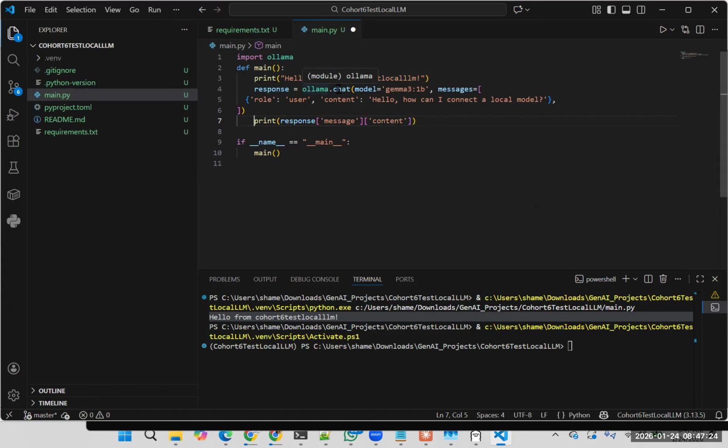So ollama.chat, model name, I'm giving this 3.1b. And then role is user, content is the question: how can I connect to a local model? You can send any question here, just like we were doing in the Google Colab. And then you get the response, print response. That's the simple application that you're running, and you are connecting to your local model. So if you run this,